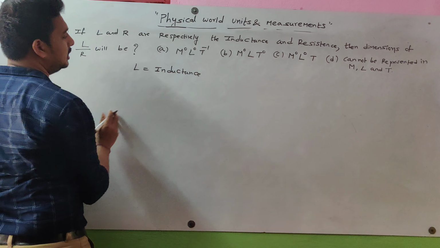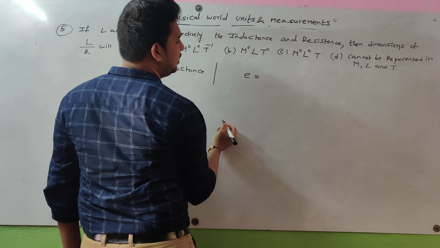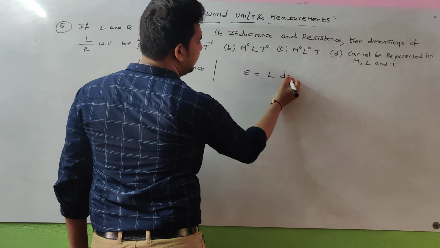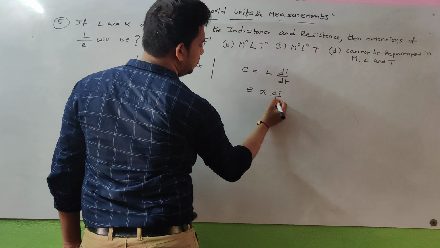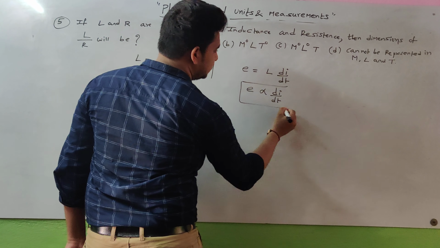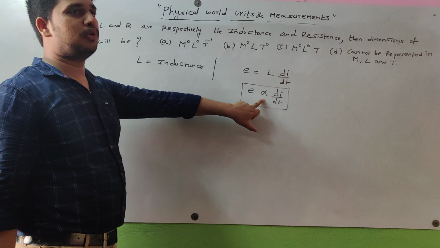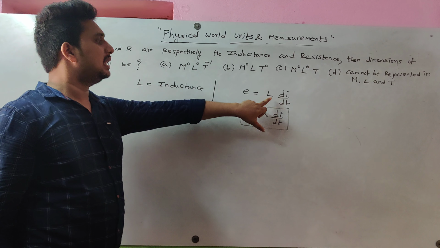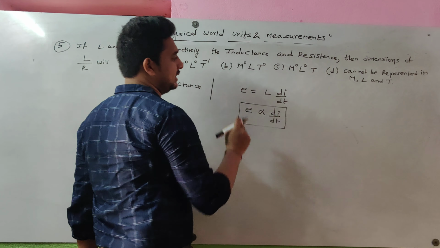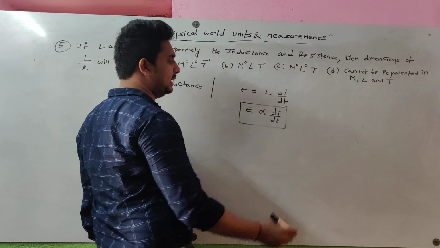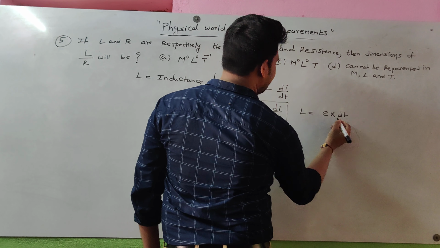They are given. So, the inductance formula, we know that EMF E is equal to L into di by dt, because EMF is directly proportional to the rate of change of current. That means we are removing this proportionality limit, we are placing some constant. That constant is called here self-inductance. L is called self-inductance. E is equal to L into di by dt. From this, L is equal to E into dt by di.